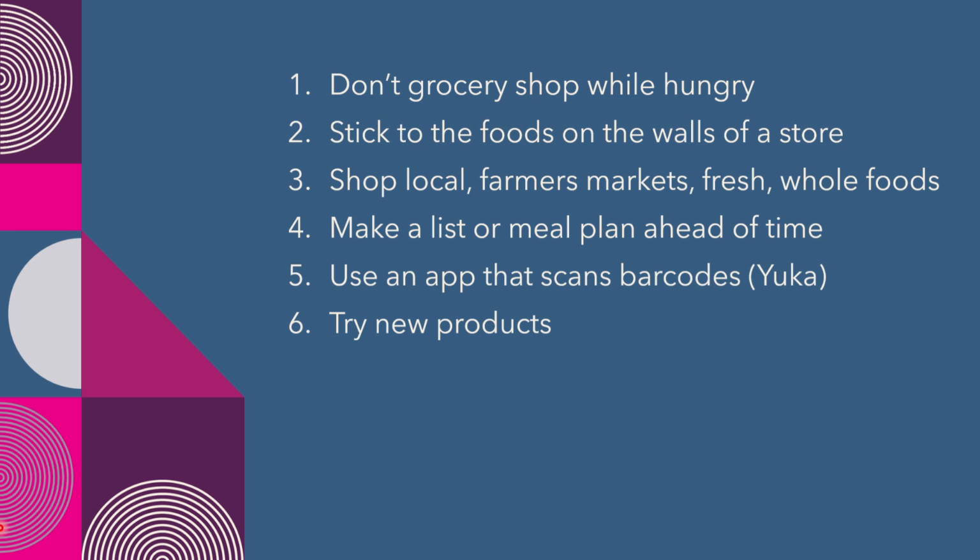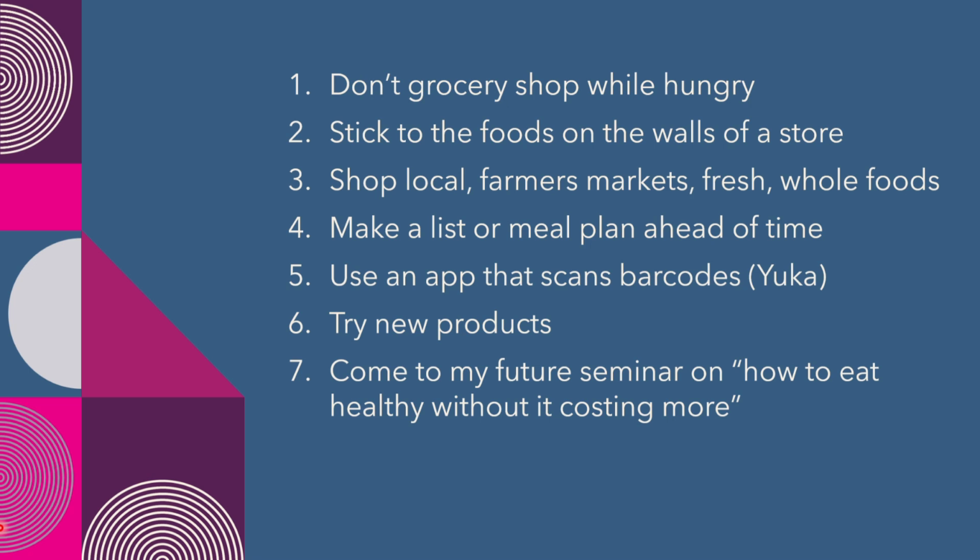Make it interesting. Broaden your horizon of what food could be and how good natural foods are. Take a cooking class, learn how to use them, all this stuff. There's so many cool things out there to learn. And then the excuse I get a lot is, well, that sounds great. I want to cook. I have time to. I know how to. I like to do it, but I can't afford to buy organic and to buy a